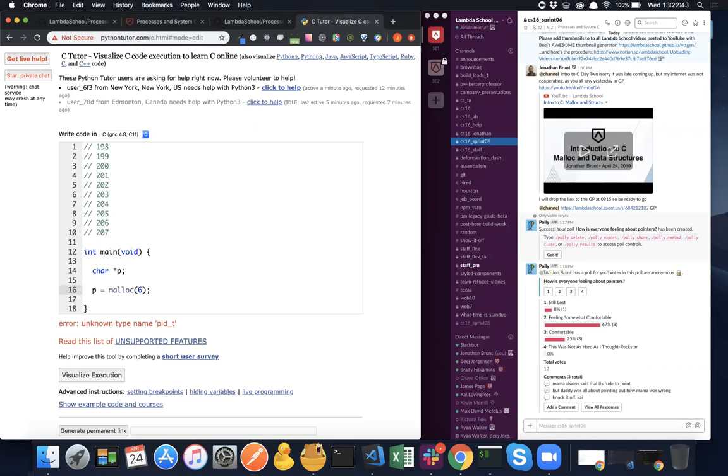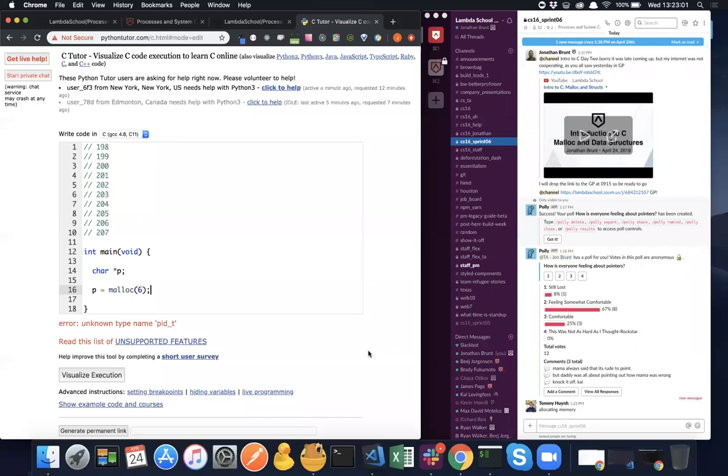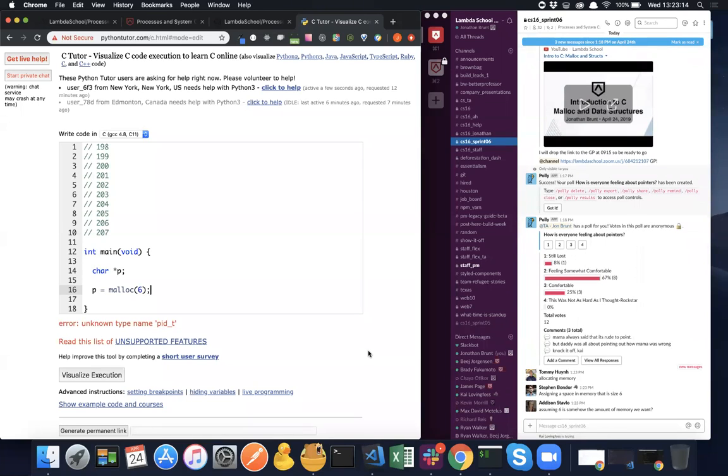With the malloc, what are we doing with that number 6? Anybody? Somebody type. What are we doing with the number 6? Declared a character type, allocating memory. Yeah, assigning a space in memory that is size 6. So